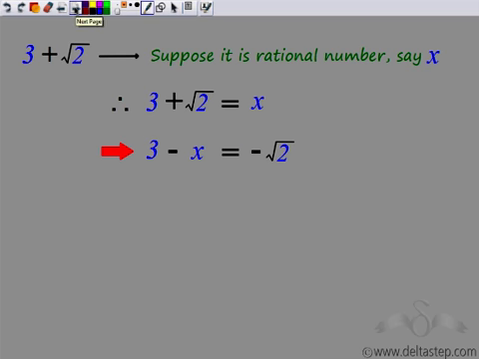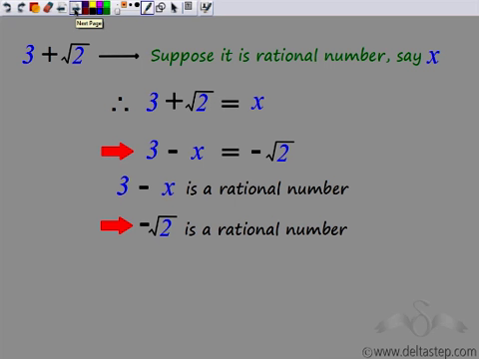Now I know again, x is a rational number. We've supposed that x is a rational number, and 3 is again a rational number. Rational numbers are closed under subtraction, so subtraction of these two rational numbers gives me a rational number again. So I can say that 3 minus x would be a rational number,